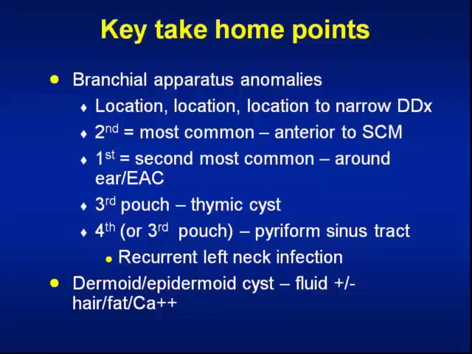The third pouch gives rise to the thymic cyst or the aberrant thymus or the mixed cystic solid lesion. Carotid sheath right next to it, its intimate association with that is a tip-off to the fact that it might be a thymic cyst. Third or fourth pouch also gives rise to that piriform sinus tract. Those kids present with recurrent thyroiditis or a left lower neck abscess. And then lastly, the dermoid epidermoid, if it's got hair or fat, just like anywhere else in the body, we can raise that